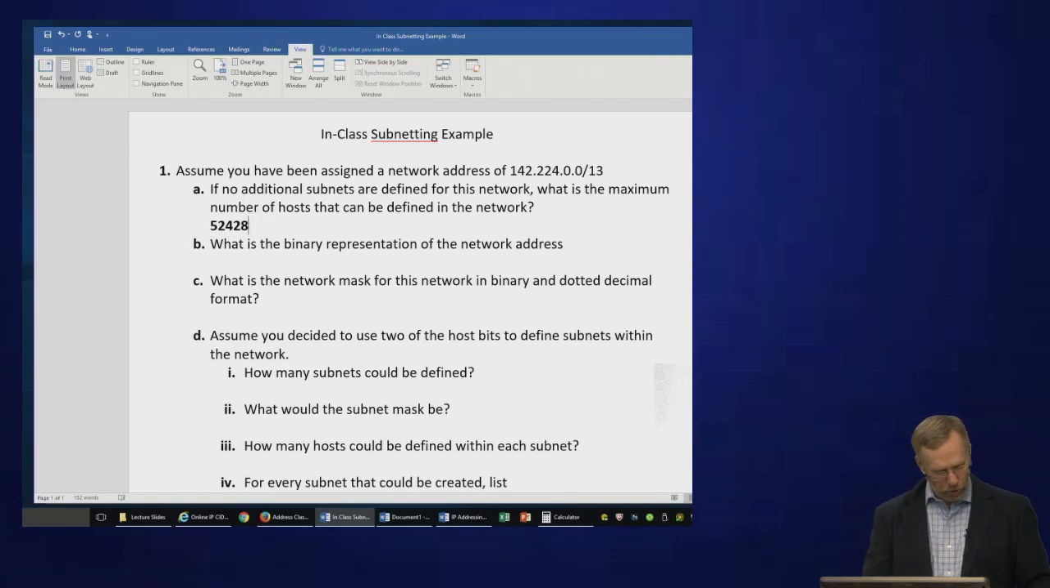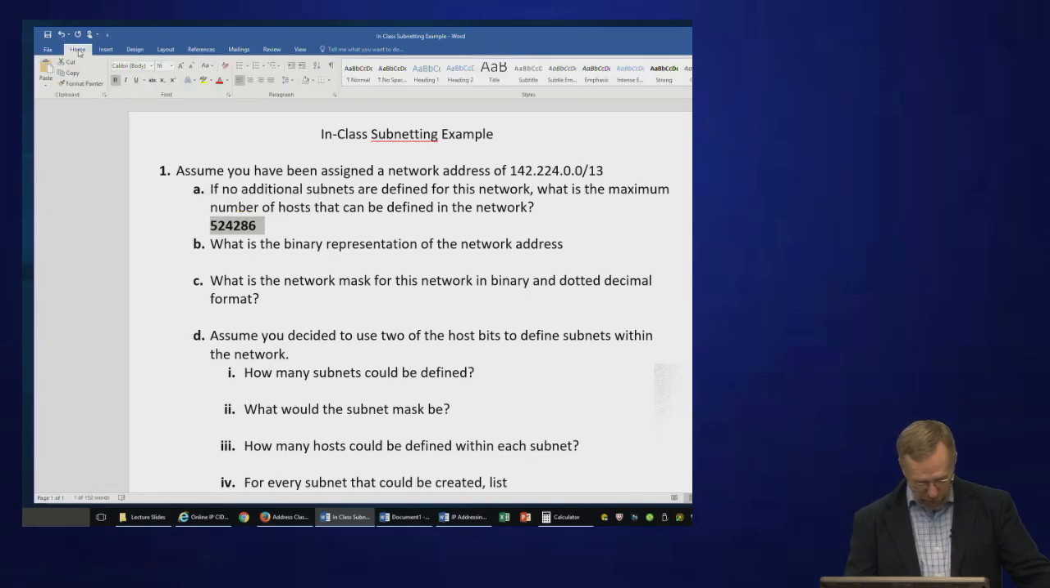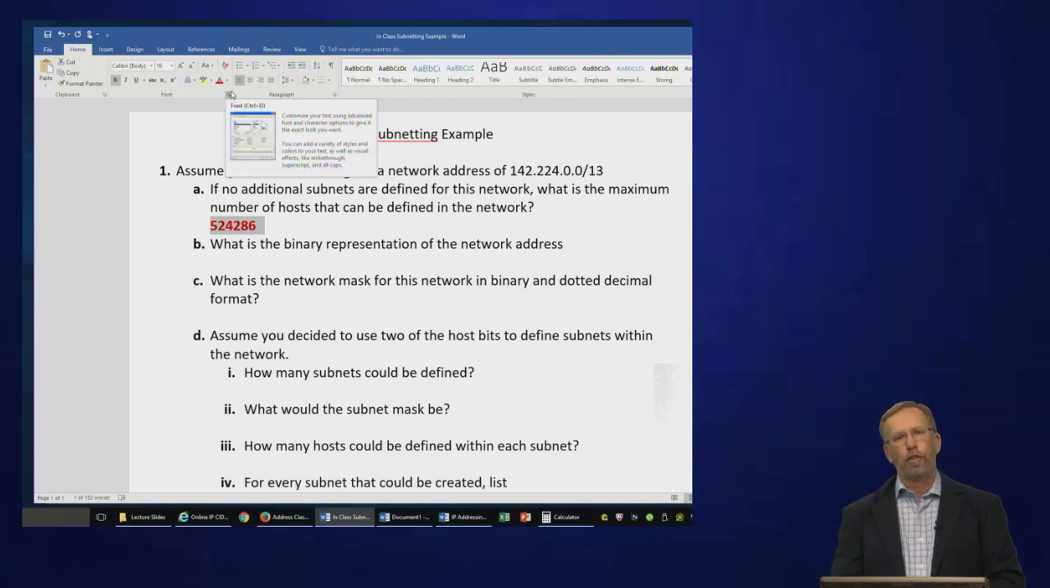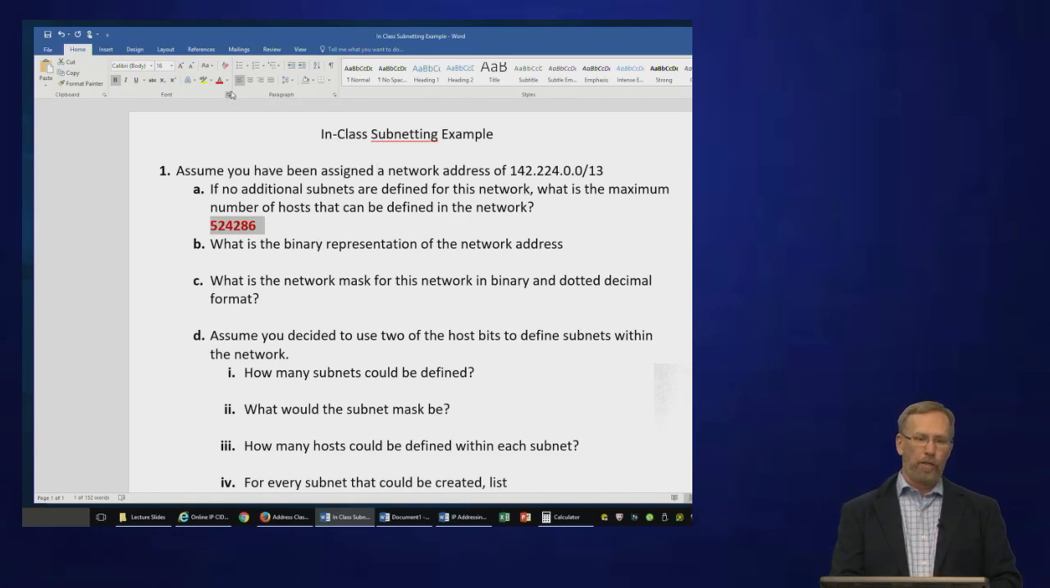Or 286, I'm sorry, -2. And you might say, why -2? The answer is the very first IP address in a subnet is used to denote the subnet itself or the network itself. So there's no rule that says we can't assign that to a host, but we've been doing it this way for decades, and it's become convention that we don't assign that first IP address